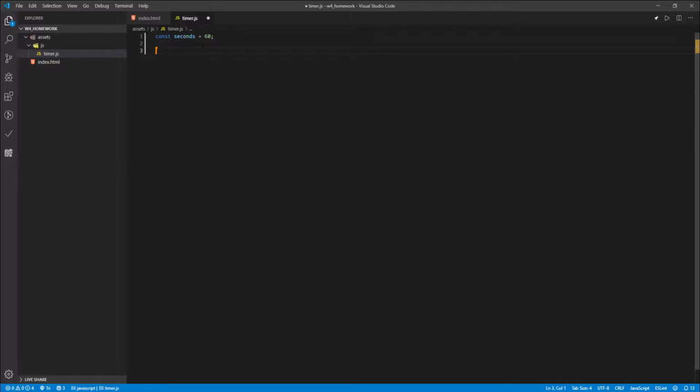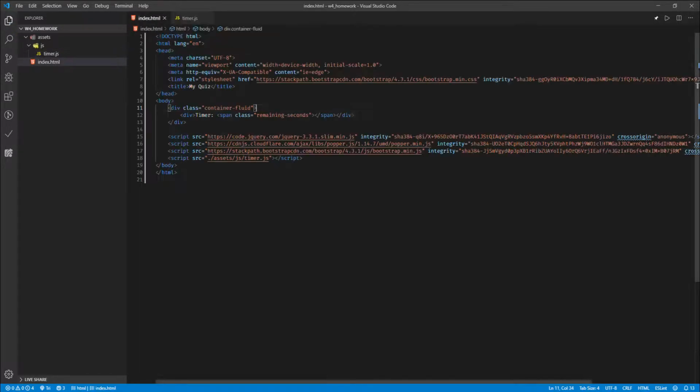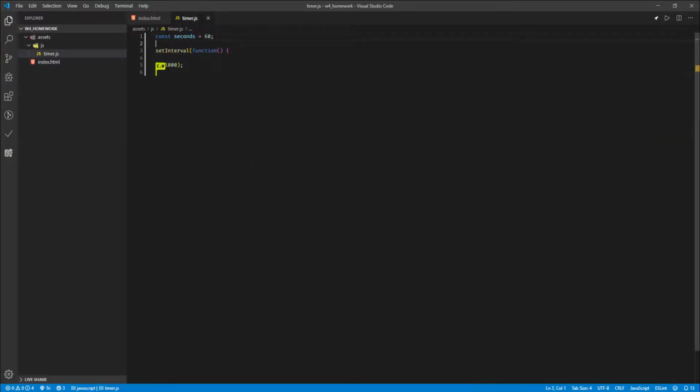So in order to run it every 1 second, we're gonna do a set interval. And we have a function here, which is what it's gonna do every x seconds. And because we want to run every 1 second, we're gonna do this, right? So this function here is gonna run every 1 second. So in here, I'm gonna have this as an ID for ease. So remaining second, right? So I'm gonna have const